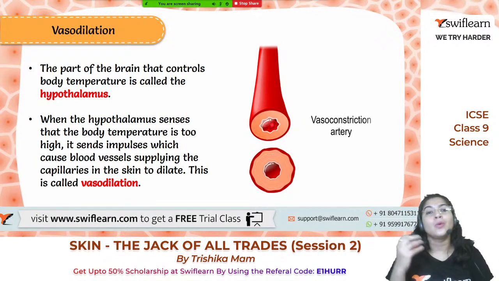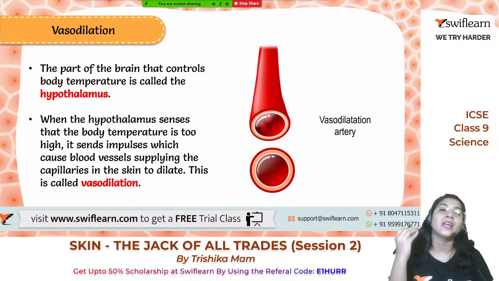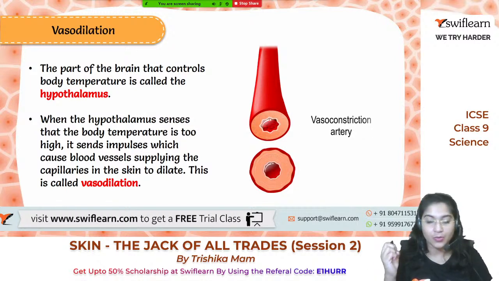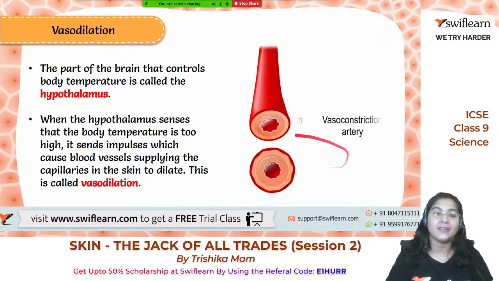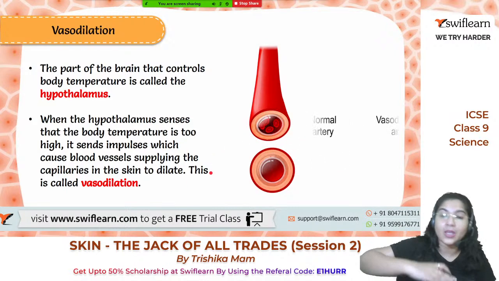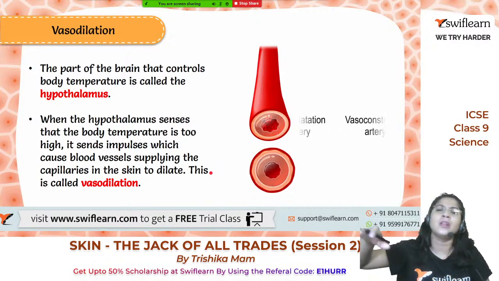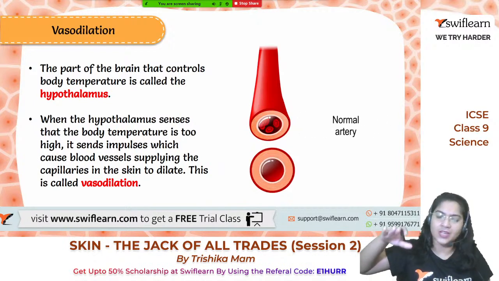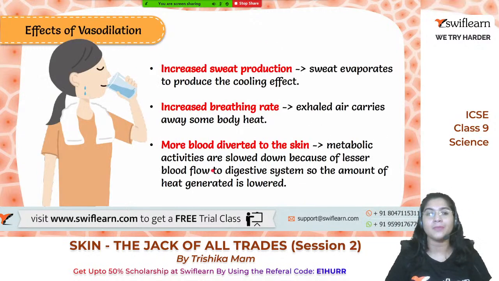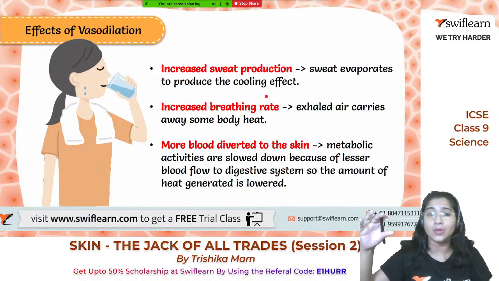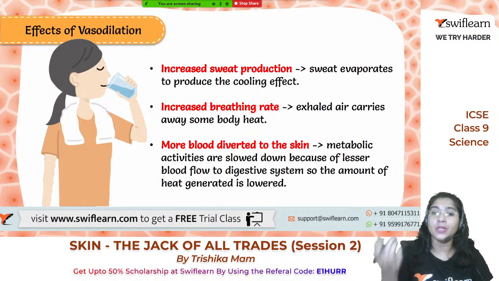Okay, so when the part of the brain, that is the hypothalamus, comes to know about the temperature outside, it sends impulses to the blood vessels कि अभी vasodilation करना होगा या constriction करना होगा या फिर normal रखना होगा arteries and veins को. Okay, and accordingly the blood will flow, and accordingly the body temperature will also be maintained. So increased sweat production होगा, जब vasodilation होगा तो ज़्यादा से ज़्यादा blood flow करने लगेंगे, sweat ज़्यादा से ज़्यादा production होगा to maintain a proper cooling effect.